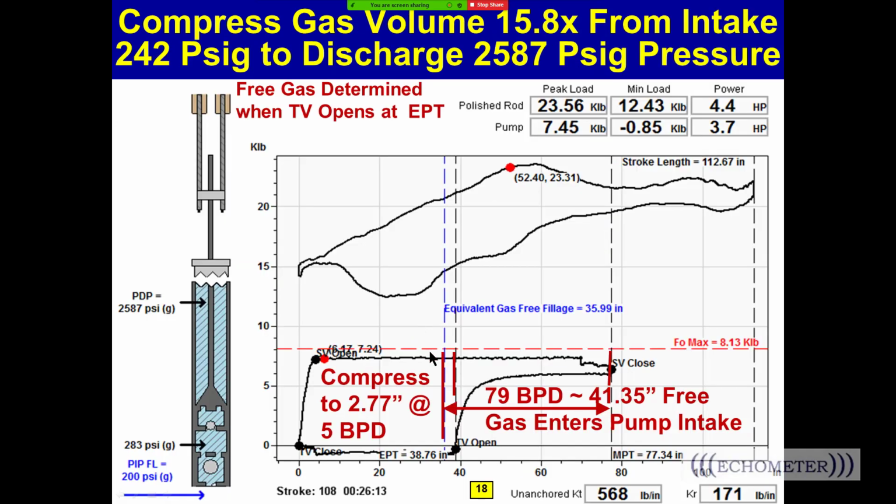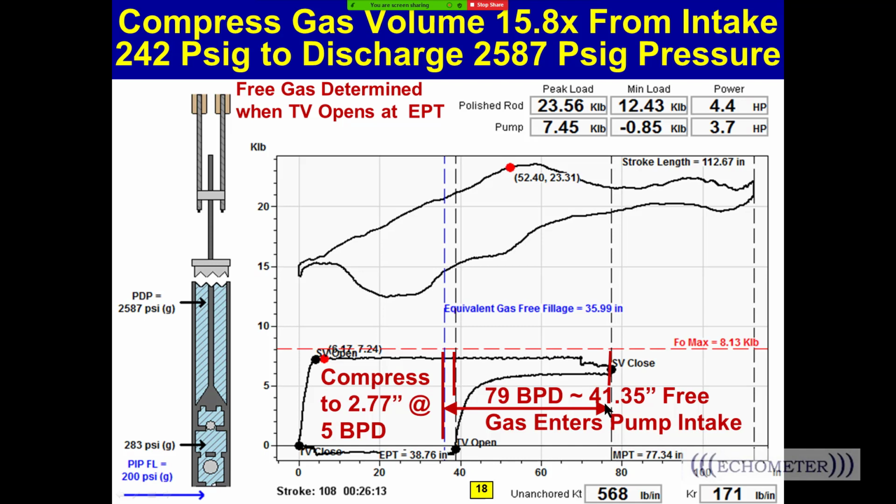Now, when you look at this, you start to think about compression ratios. The compressed gas volume has been compressed 15.8 times from the intake pressure to the discharge pressure. So that's the ratio. This pressure divided by that is termed the compression ratio. And when you compress, so in this well,